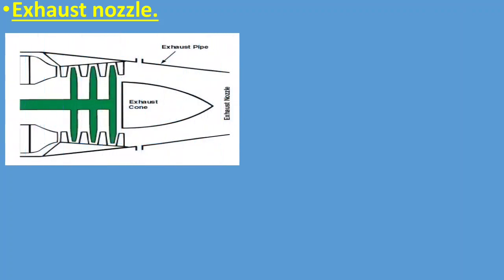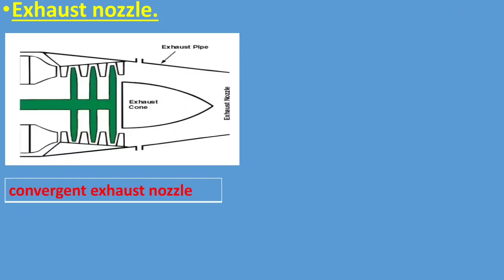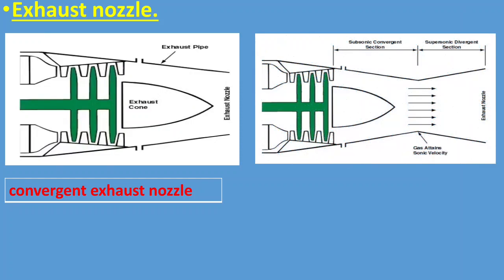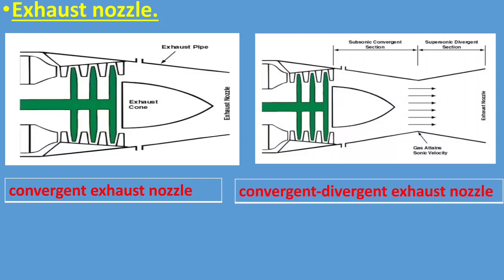On a converging exhaust nozzle, as you can see in this picture, the nozzle diameter decreases from front to back. This convergent shape produces a venturi that accelerates the exhaust gases and increases the engine thrust. In the next picture, you can see a converging-diverging design of an exhaust nozzle. In this picture, from front to back, the diameter of the converging-diverging duct decreases and then increases.